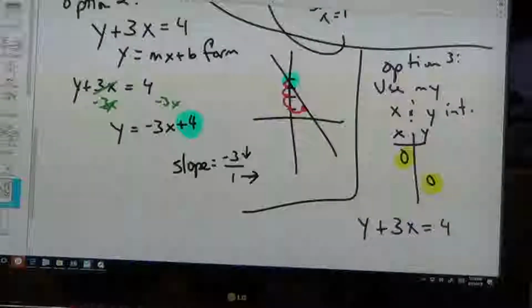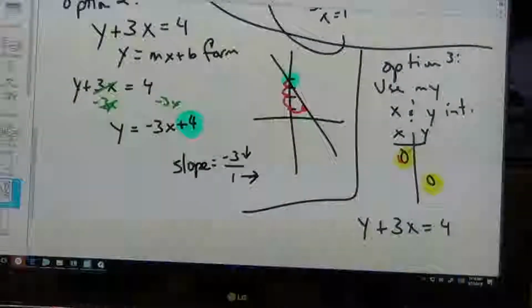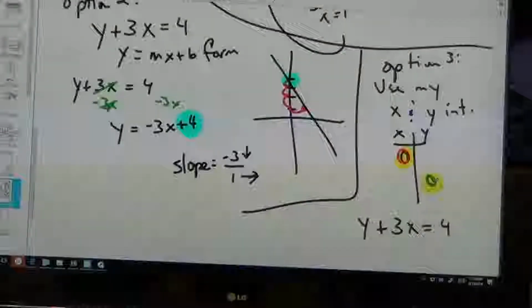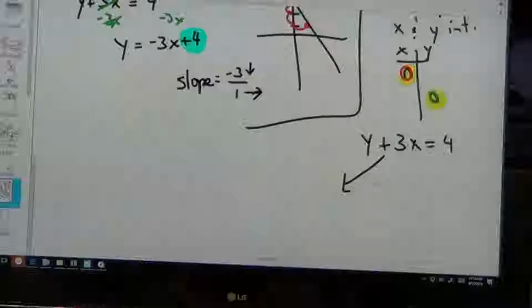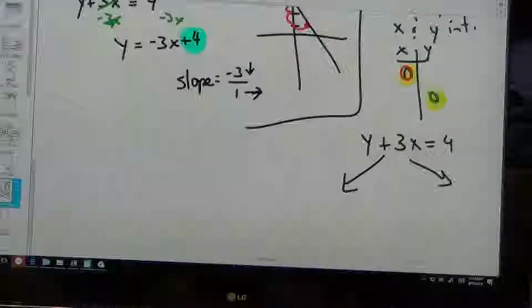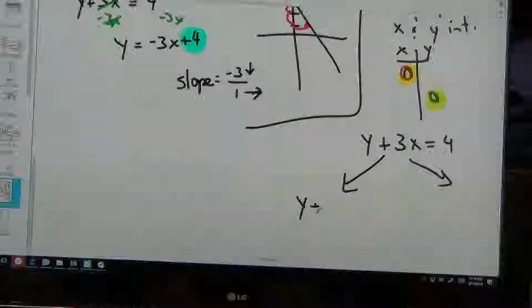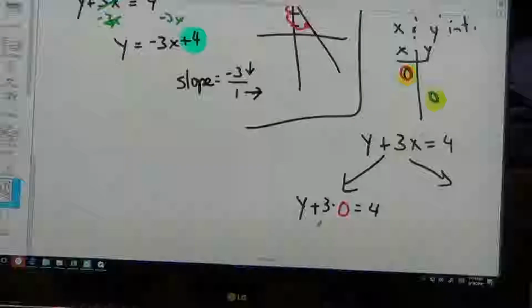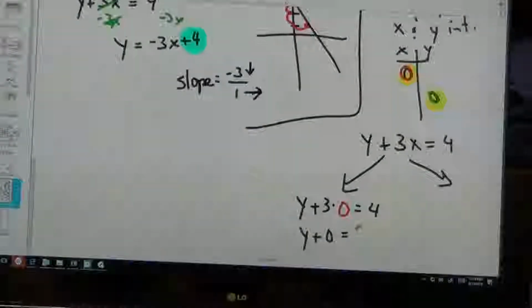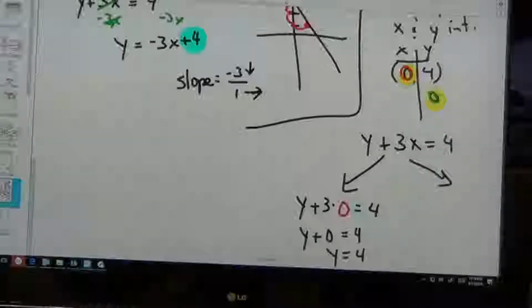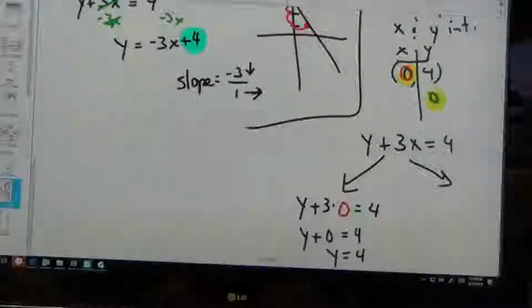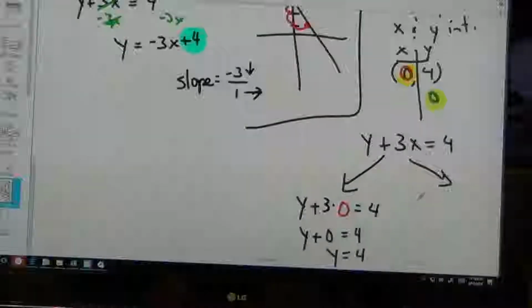So first we're gonna plug 0 in for x, then we're gonna plug 0 in for y. So when I plug 0 in for x, it's gonna be y plus 3 times 0 equals 4. So y plus 0 equals 4, so y is going to be 4. If I plug 0 in for y,